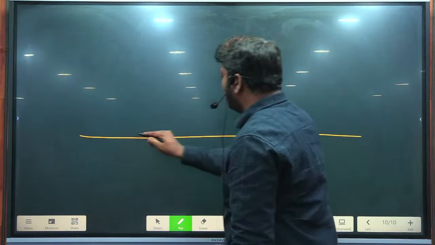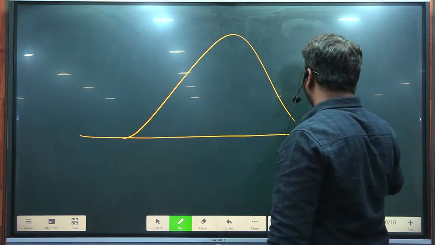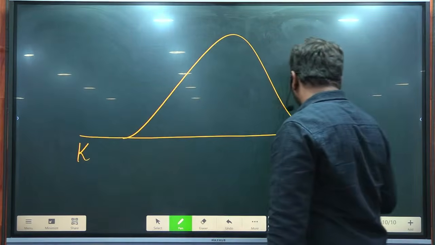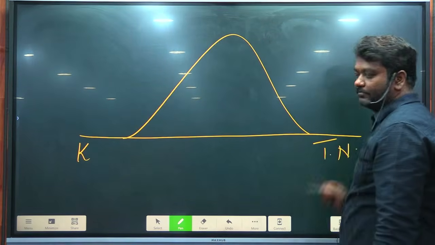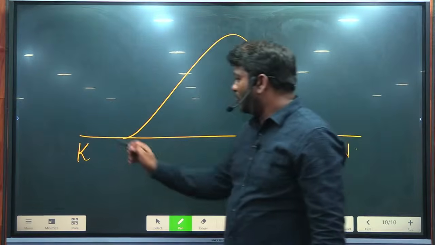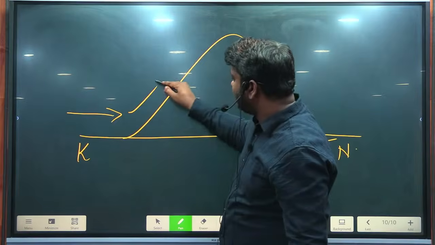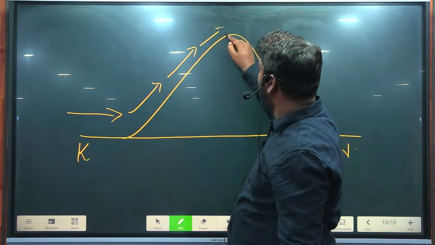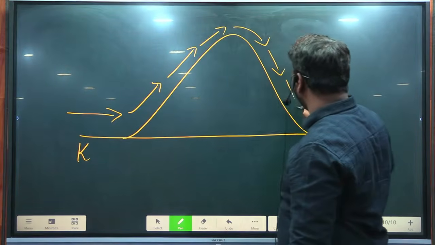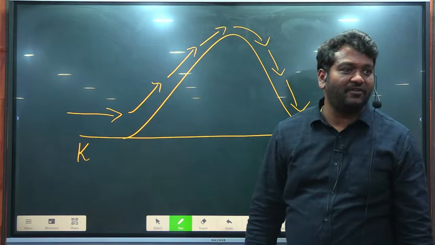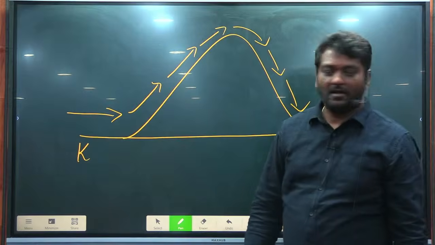See here, we have mountains. Have you heard of the Western Ghats and all? So Kerala is this side, Tamil Nadu will be this side. Okay guys, now air will come and hit the Western Ghats and air starts rising. After rising, it starts coming down here. Now can you tell me which side rainfall will be there, which side no rainfall?